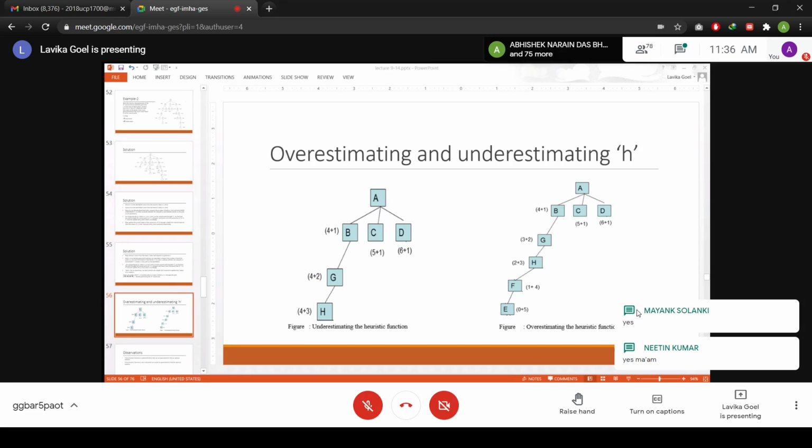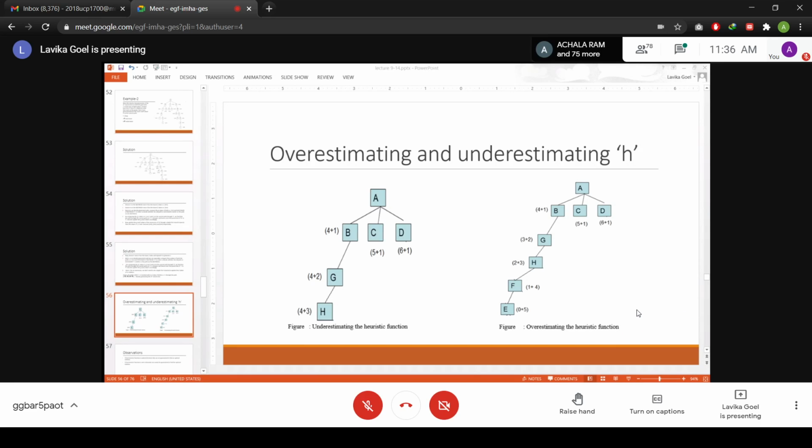Okay, I will repeat. So I was saying that A has generated B, C, and D, and B is the child which we have assumed that it is 4 moves away from the goal state. Now it was actually not 4 moves away from the goal state. It was more moves away from the goal state. But we assumed the heuristic value as only 4 moves away. So we have underestimated this value.